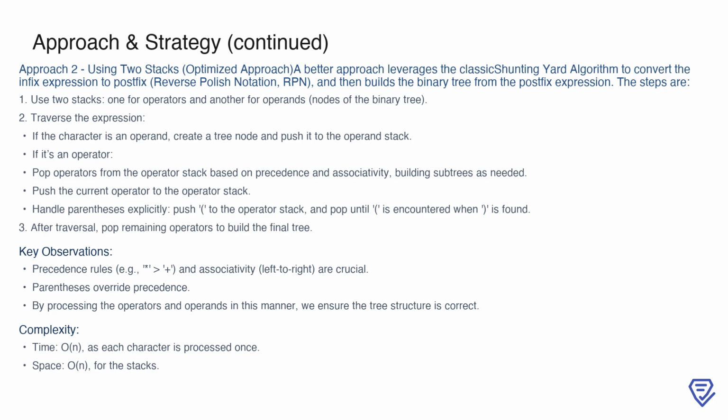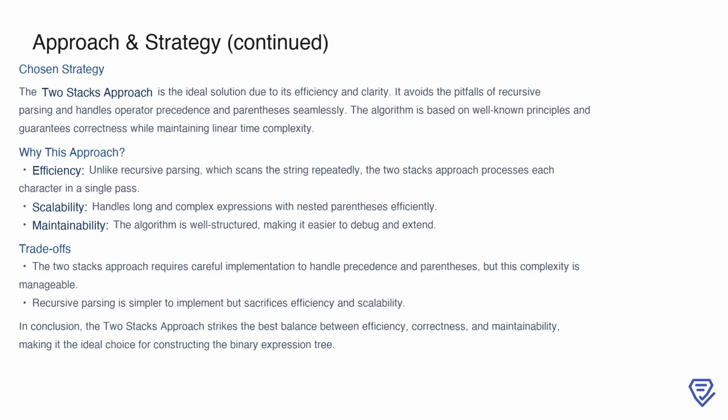This method ensures correctness by adhering to precedence and associativity rules, and it processes each character efficiently. The time complexity is O(n), since each character is traversed once, and the space complexity is O(n), due to the stacks used. Ultimately, the two stacks approach is the chosen strategy for solving this problem because it is both efficient